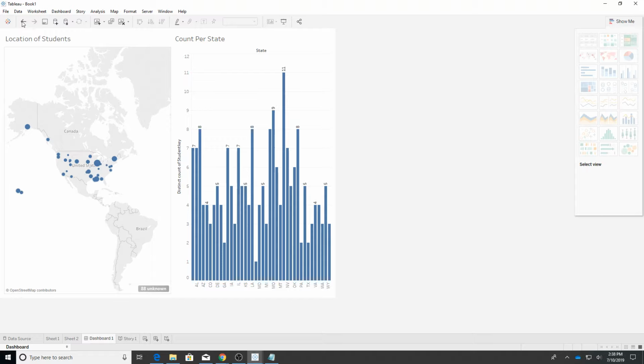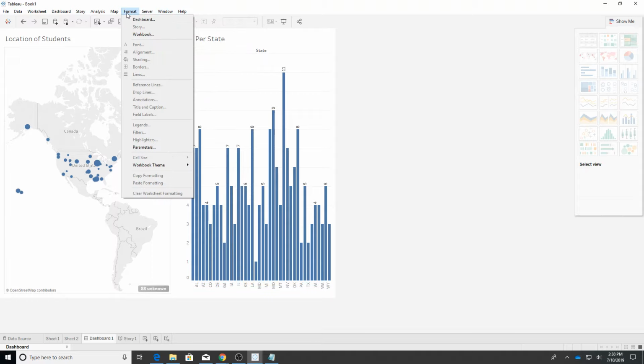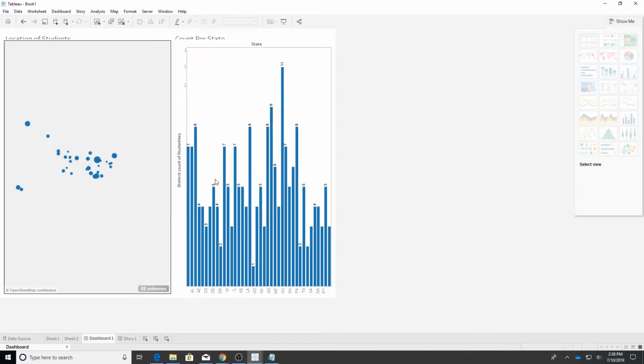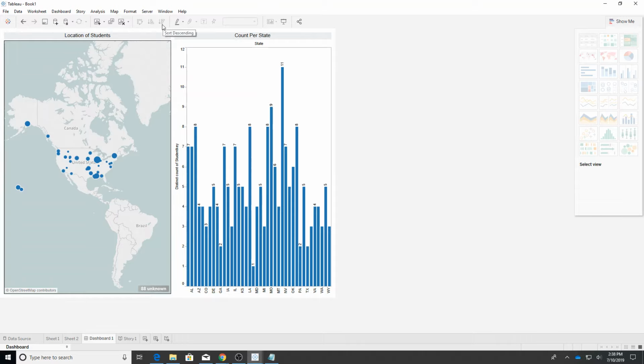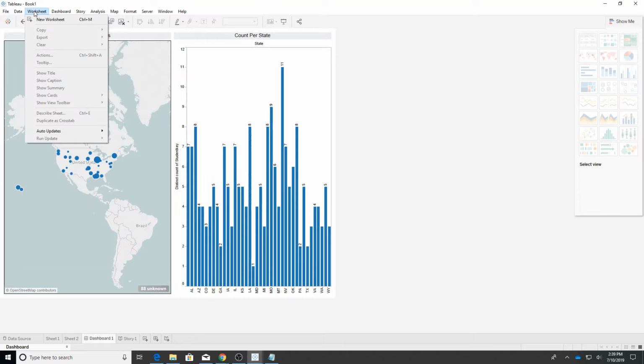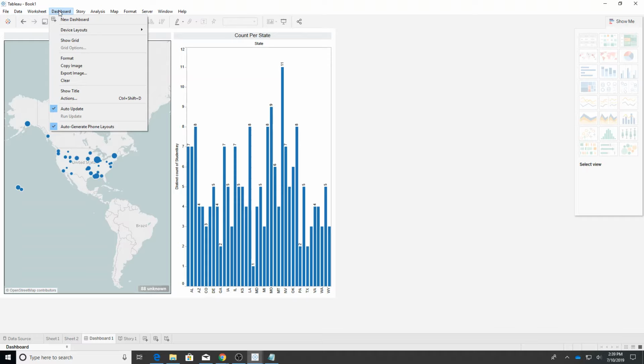I think, again, I can't see this. There are ways to make it show how it will display on a phone, so I'm looking for where that is. Dashboard, story, parameters, workbook, theme. You could change the theme. What does that do? Modern. Don't know if that does a whole lot, but new worksheet, duplicate, clean sheet, pause, new data source, save, data. Show title,